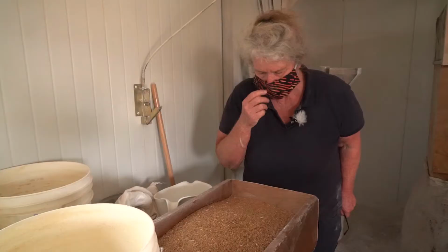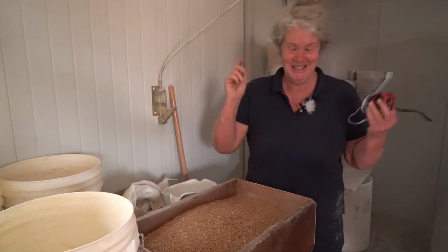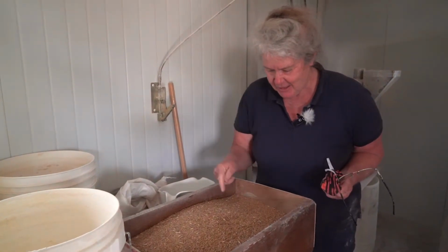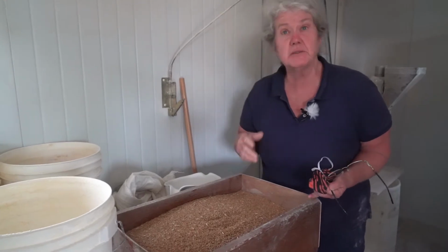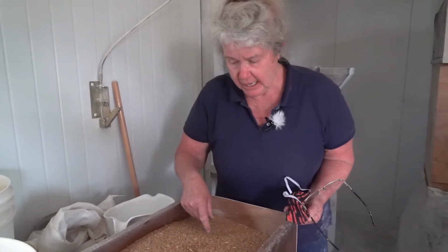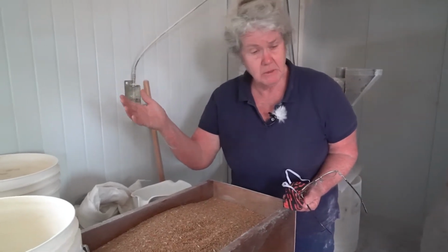The reveal. It's better with the mask on. This you can see, are there some hulls still in evidence? Yes, but very few. So few, in fact, that you can easily, Henry is selling this as berries to end